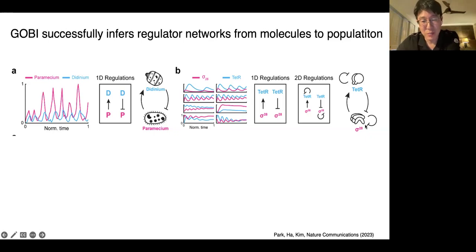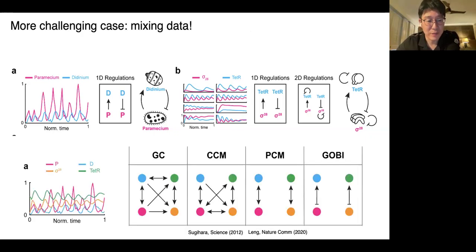So now let's make the problem a little bit more challenging. Here I got 4 time series data by mixing this paramecium, dendridium, and one of these 2 molecule data. So there are 2 from this bacteria data and 2 from the molecule data, so that we have 4 time series data. And then let's plug these 4 time series data into the conventional causation detection methods. The most famous one is the Granger causality method.